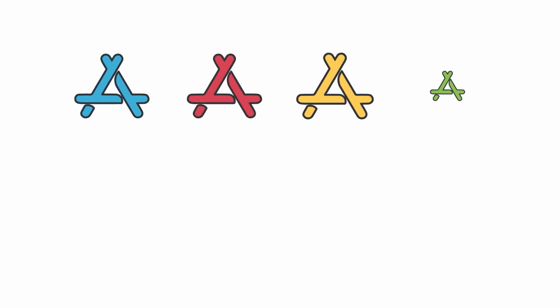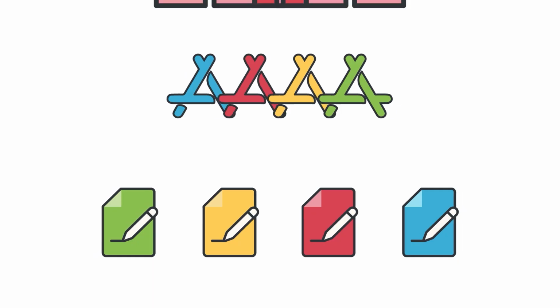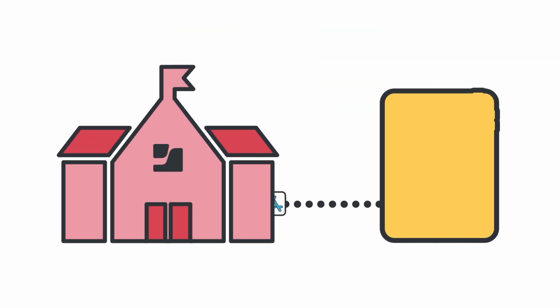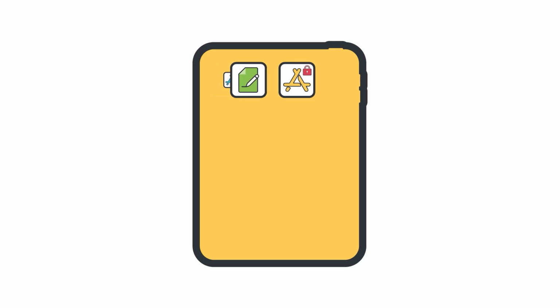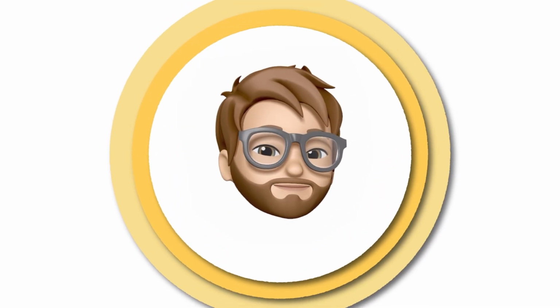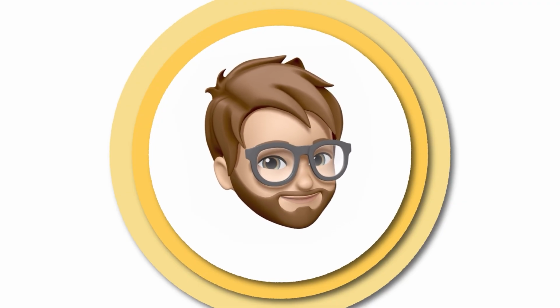For users, apps and documents are an integral part of their day-to-day experience on their devices. Using Jamf School, we can deploy apps and documents directly to devices so users have access to the tools they need to be successful. Once deployed, admins can use Jamf School to keep apps updated automatically, customize app settings based on organizational standards, and even remotely remove an app from a device when it's no longer needed. My name is Corey. Let's learn how to deploy apps and documents with Jamf School.